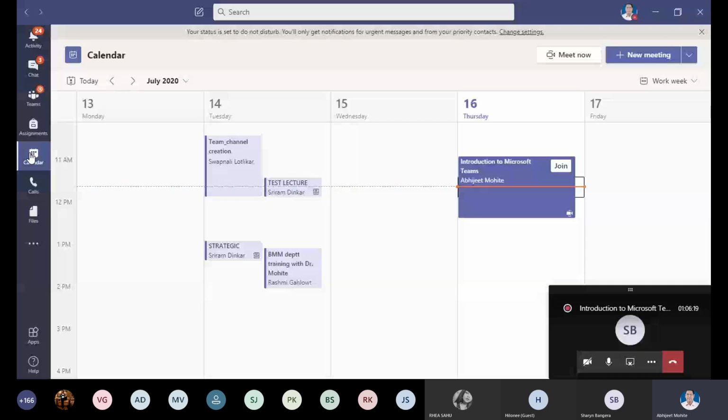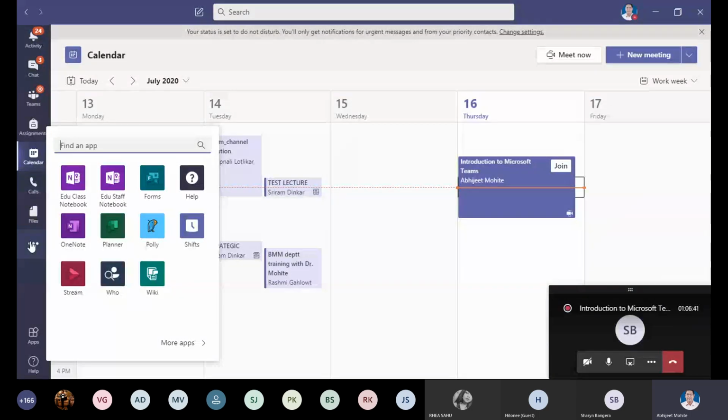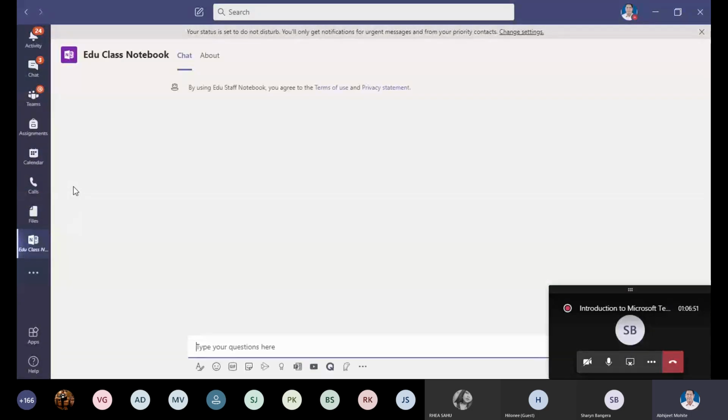Make sure that you all follow this practice so that we will be able to monitor your attendance properly, and from time to time you will get the hang of this. There are other things as well that you can do. You have an option of EduClass notebook. If you go into this notebook, you can use it as